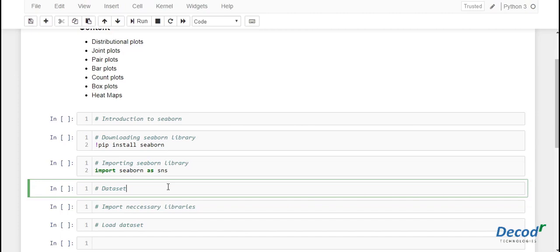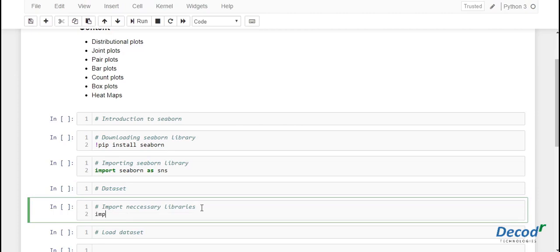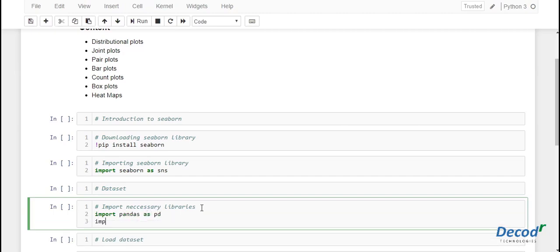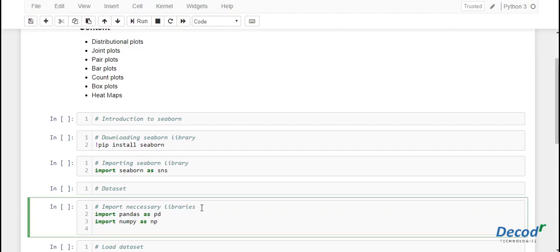Before that, let's import all the necessary libraries. As imported before in the previous sessions, let's import pandas as pd, and import numpy, as we'll be using numpy arrays.